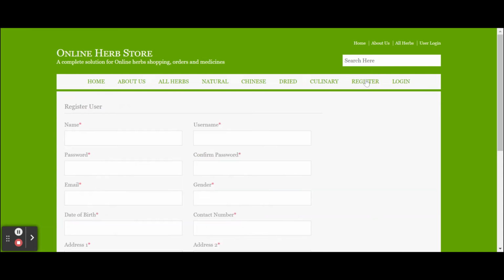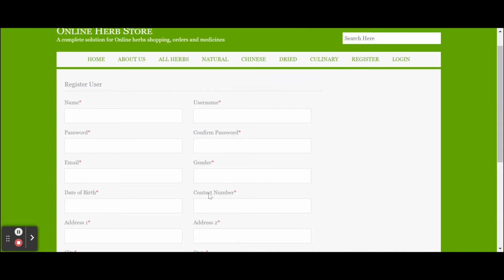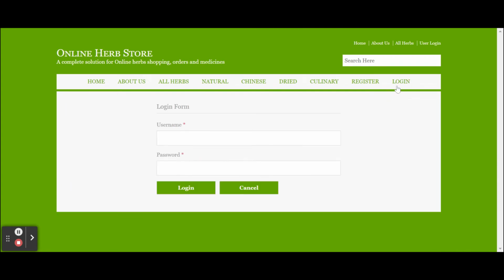So this is the registration from where you will be able to register, and after that you will be able to log into the system. There is a restriction inside the system: you will not be able to order a product without having a user id and password. So for creating your user id and password, you can register, and after that you can log in with that user id and password and buy the products. The user id is customer and the password is test. If you want to create your own user id and password, click on register, enter all of the details, and you can register inside the system.